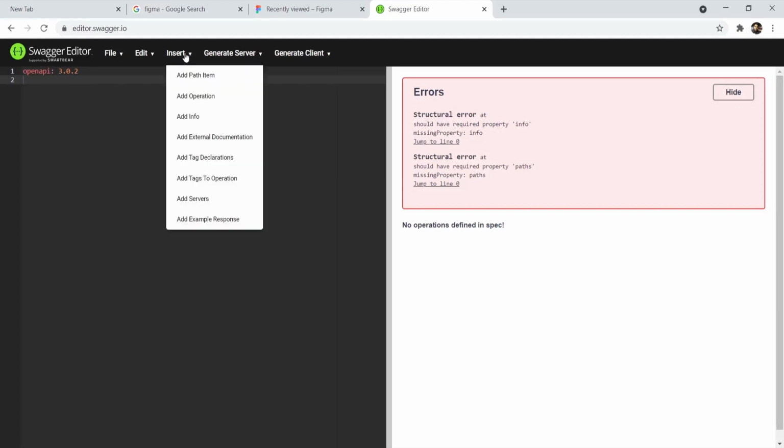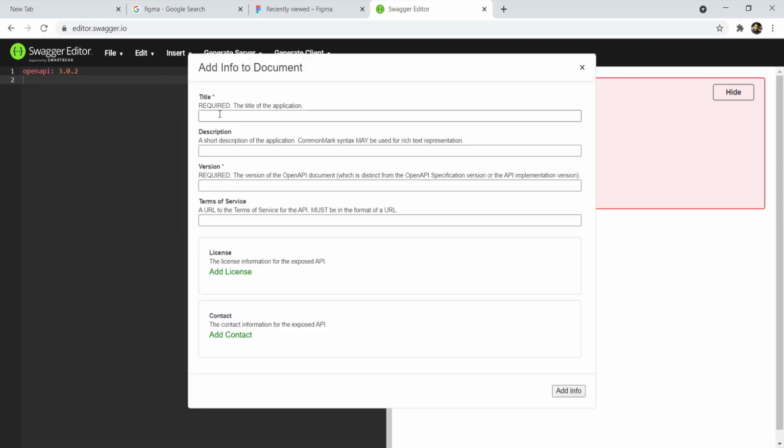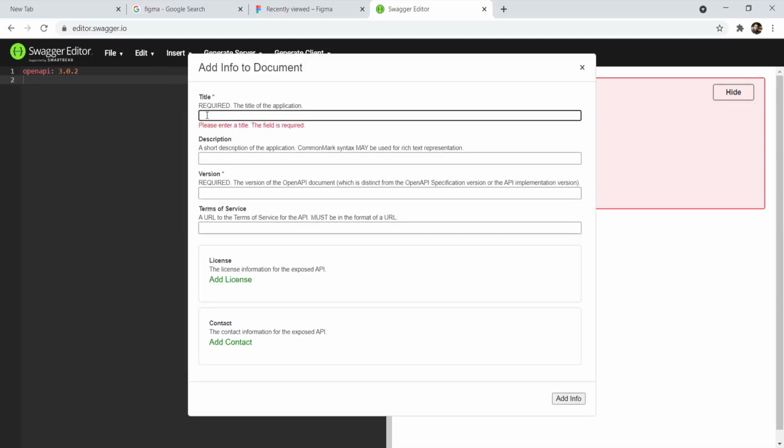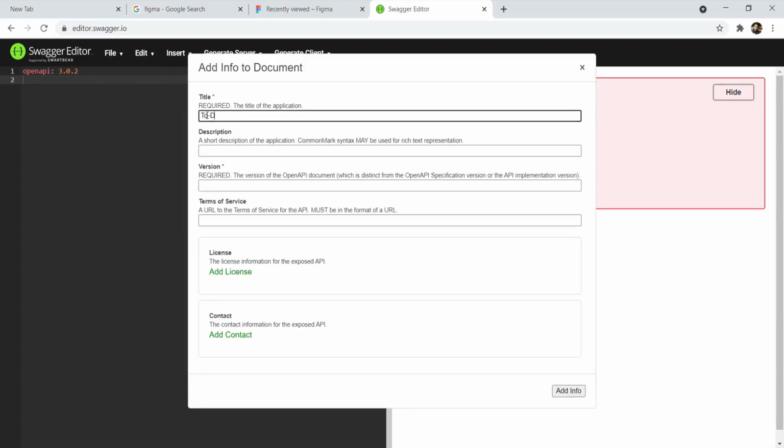Next we are going to insert the information. So the title will be To-do REST API, with the description REST APIs for to-do list or to-do app. The version we can define as 0.0.1.